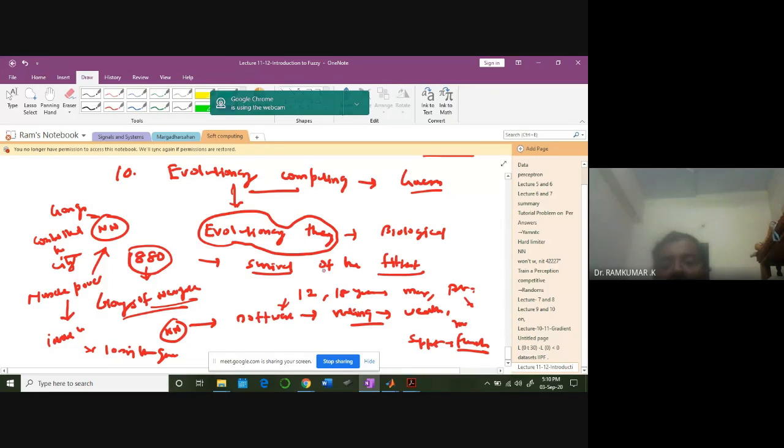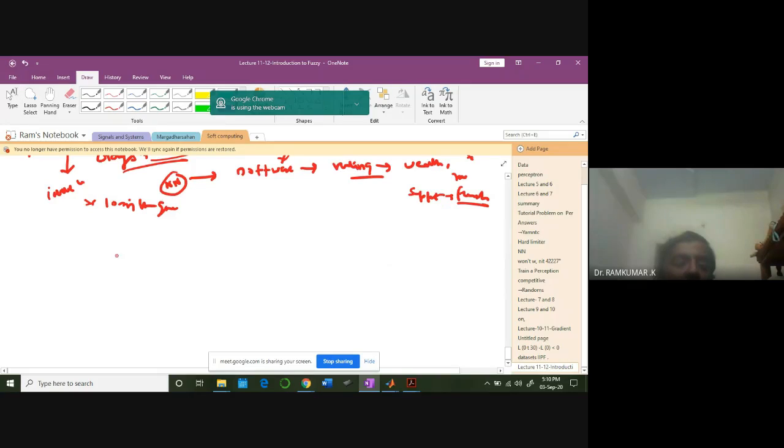It's related. So evolutionary theory is saying survival of the fittest. What is fittest is something we need to fix. So that's where the problem of the fitting function comes, the objective function they call it. So by minimizing or maximizing these kinds of objective functions using some biological ideas, it's very powerful.